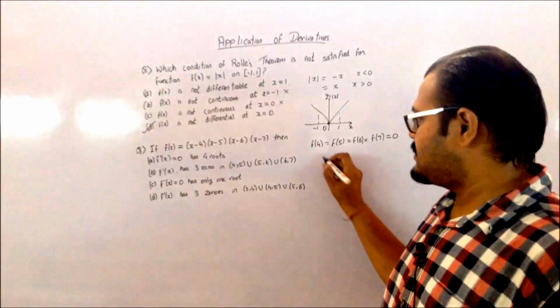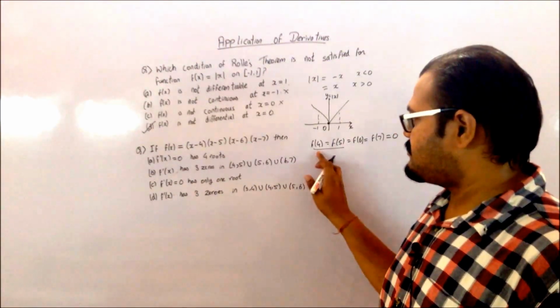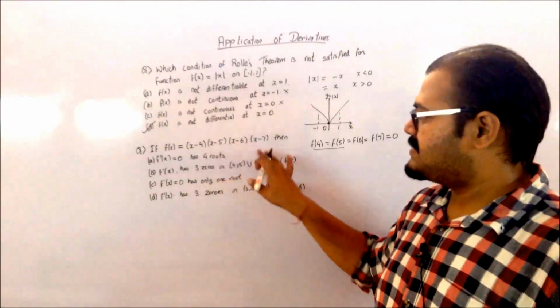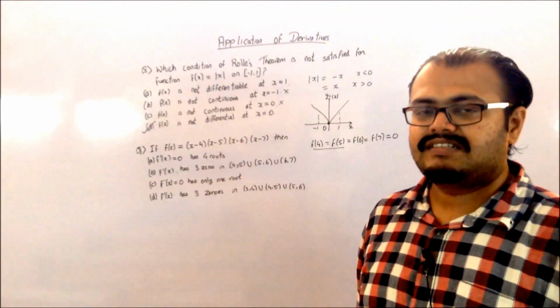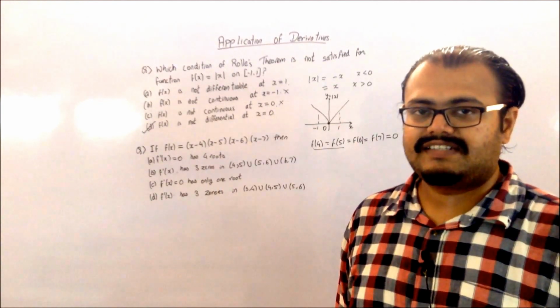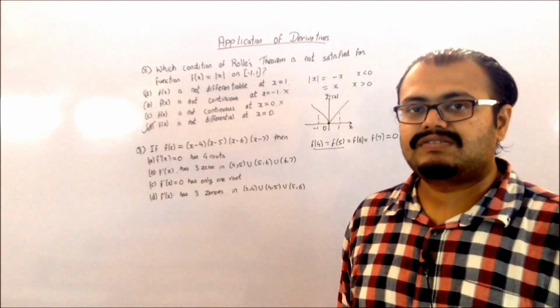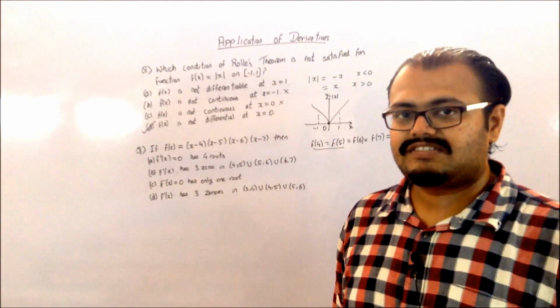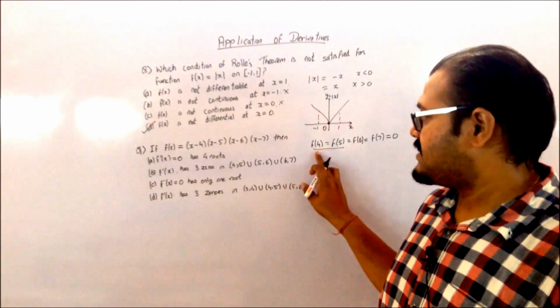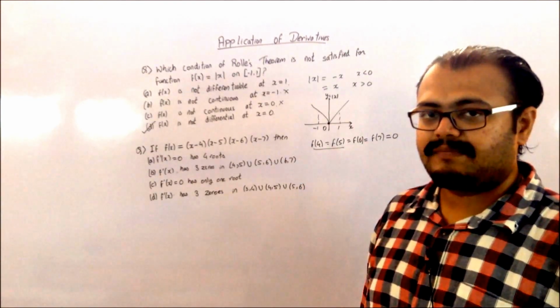So that is why if I just take 2 at a time, that is f of 4 and f of 5, I will be having the function which is basically a polynomial function. Now polynomial functions are continuous over the whole range of the real number system, and also they are differentiable for the whole range of real number system. So we can apply the Rolle's theorem because I am getting f of a equals f of b.